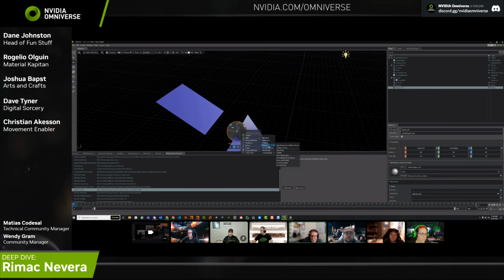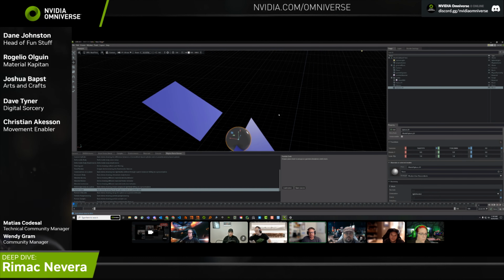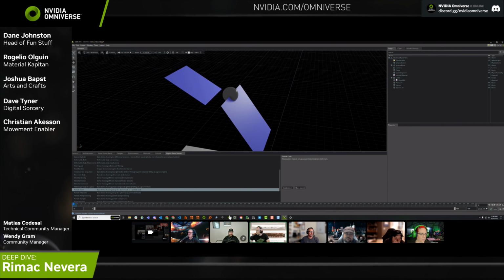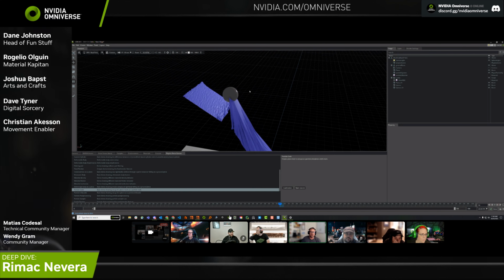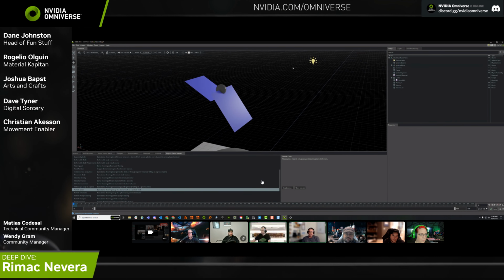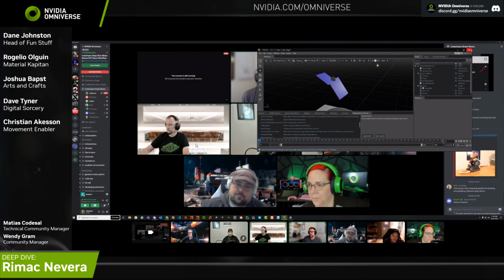Add physics collider. So once you have the collider on there, now you can select both of them and just say add physics, create physics attachment. Attachment. Yeah. So now as we play, that's kind of root. So now we can just set keyframes on this. So I kind of keyframed the attachments down to the ground with the cloth, and then we can just start